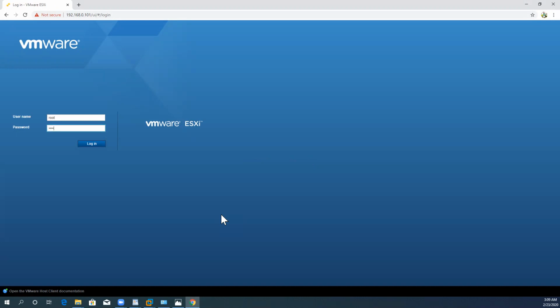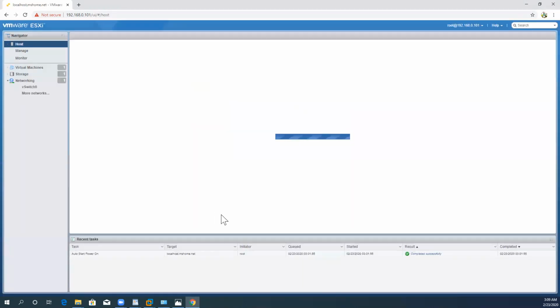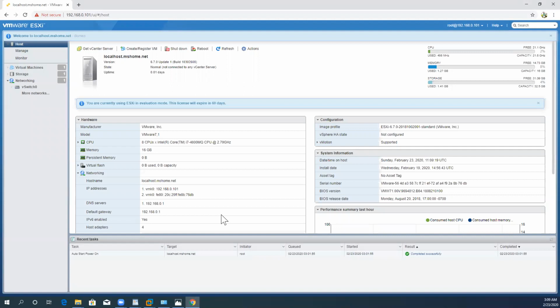So I just put my password over here. Here you can see that right now I have 16 GB of memory and 8 CPUs with more advanced configuration. And here you can get the summary related to this host machine which I have configured for the demo